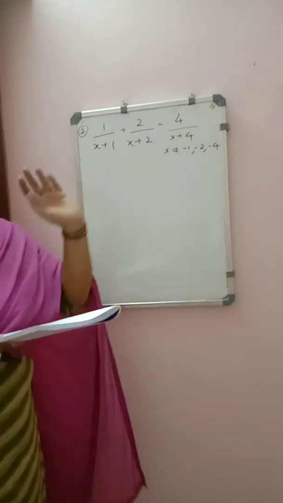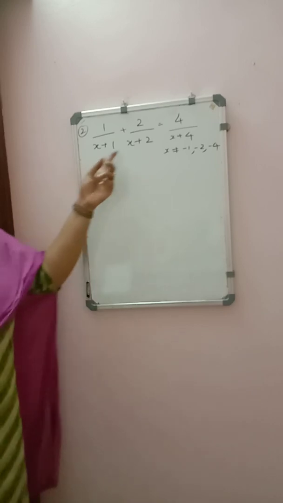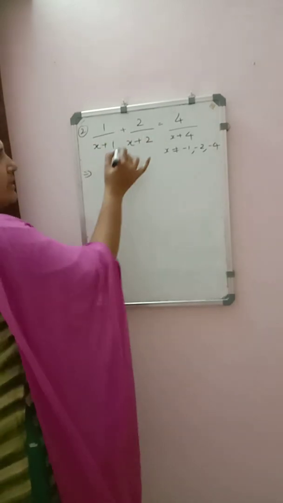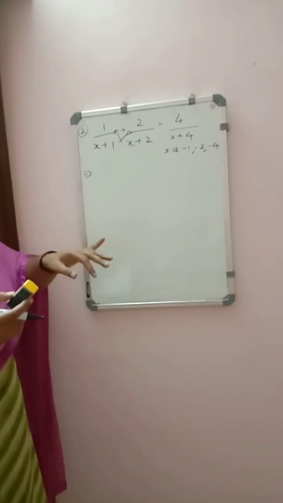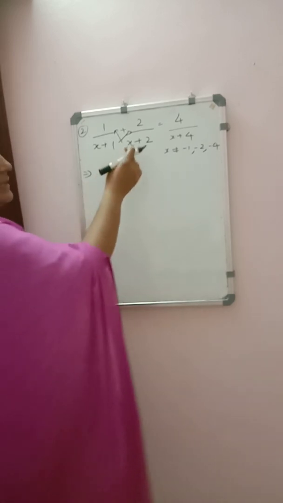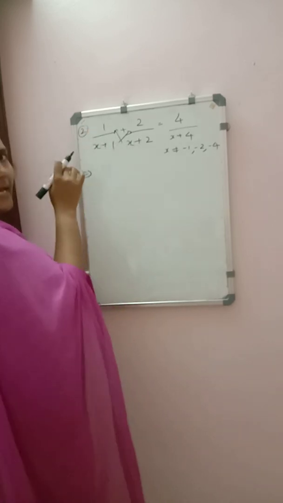We have 3 terms there, so x should not be equal to that value in which denominator becomes 0. So again we have to use cross multiplication method, and since addition is there, then you don't have to put bracket also. Now we can check. We are going to do the cross multiplication. If you want, you can do it directly also.